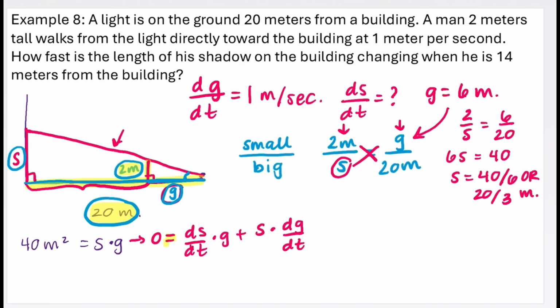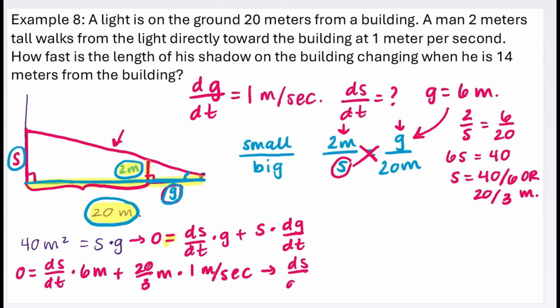All right, now I'm going to plug in everything I know. So I'm going to have 0 equals ds dt is what I'm looking for, times G, which is 6 meters, plus S, which is 20 over 3 meters, times dg dt, which is 1 meter per second. Okay, I'm going to move the 6 meters and the ds dt to one side, so I'll have ds over dt times 6 meters equals 20 over 3